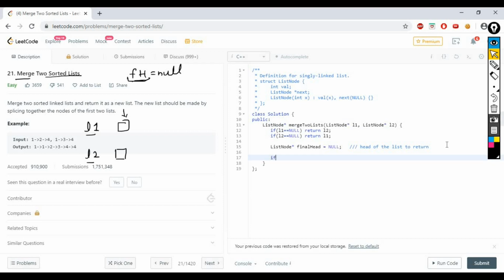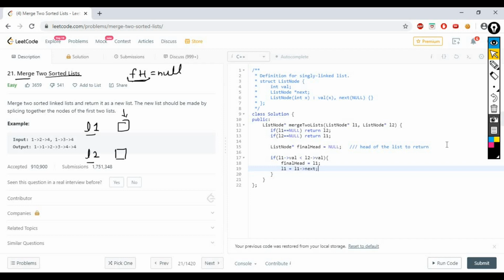So we have to compare. If L1 value is less than L2 value, then my final head will be L1 and we will move ahead: L1 equals next of L1.